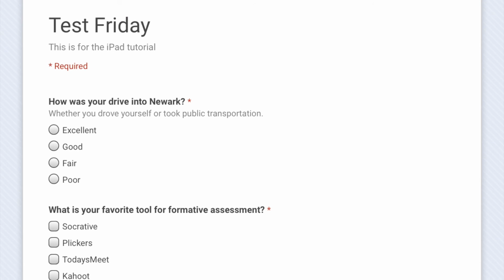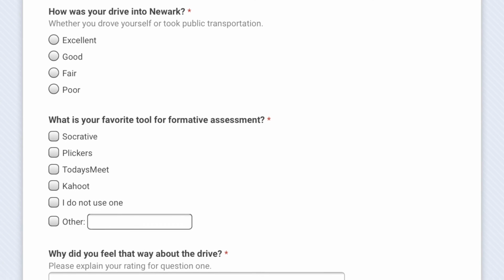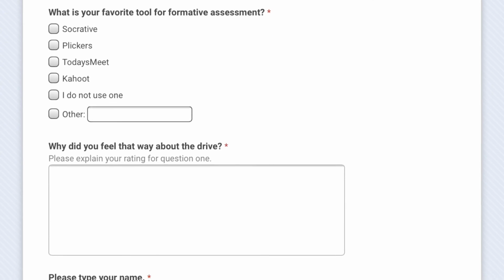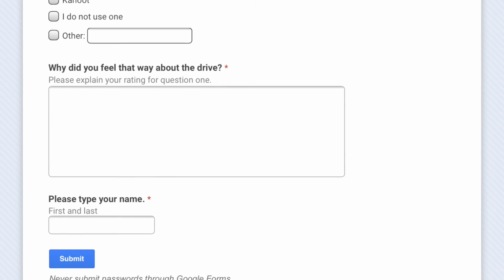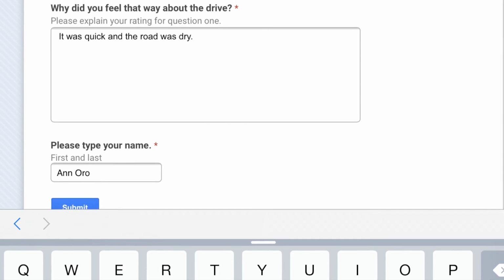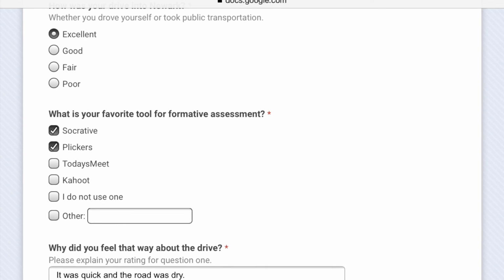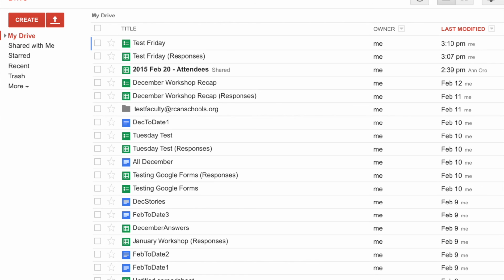You can see our radio button question, excellent, good, fair, and poor, which gives one option, our checklist, which gives multiple options, our paragraph answer, our first and last name, and then a submit button to submit those answers. Here's the form filled out with the check marks and radio buttons, and when I say submit, it gives me my confirmation. Going back to Google Drive, I now see Test Friday, which is my original form, and Test Friday